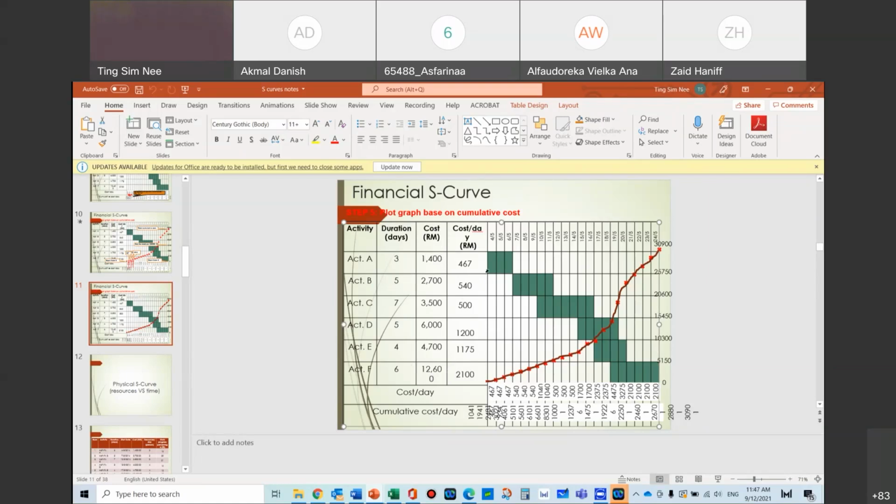The beginning one that I talked to you is actually based on tender sum, meaning that you go for the work that is budgeted already from the client's perspective. So from a contractor's perspective, this is how much I'm going to spend, you see, on this activity A, on this activity B, on this activity C, on this activity D, on this activity E, F, G, H, I, J, K. So then I ask my account clerk, can you give me the AC, the actual cost that I've spent? And from there,